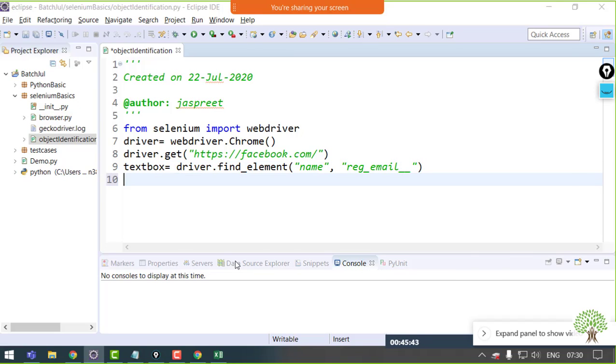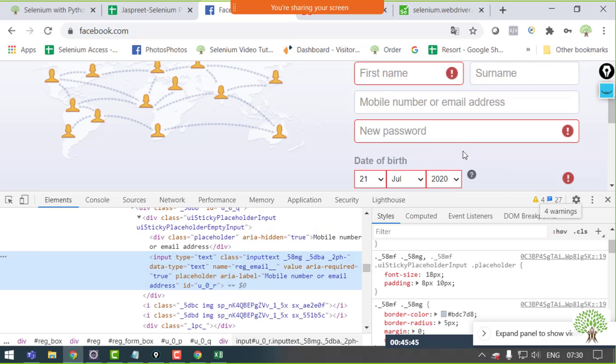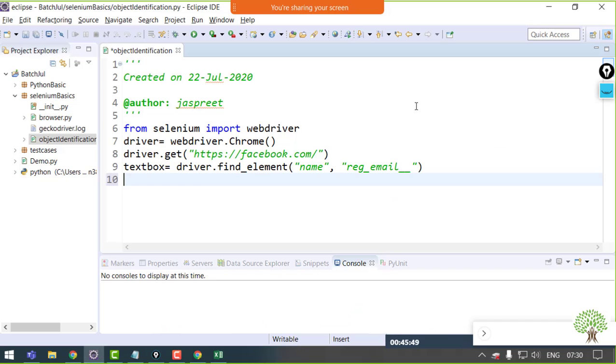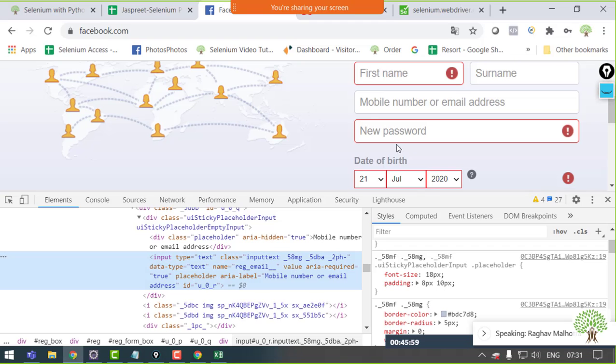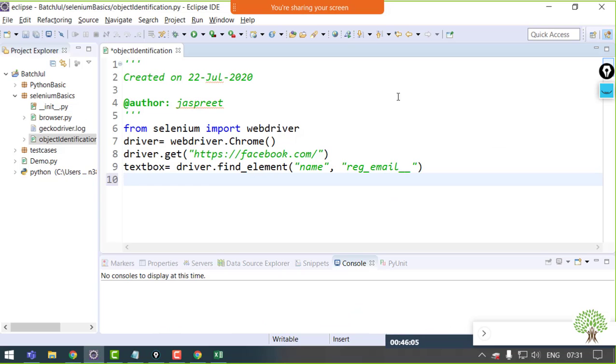Now suppose I want to send some text inside this particular text box. How will I be able to do that? That's quite easy. I'll use this variable in which I have stored the element after extraction.